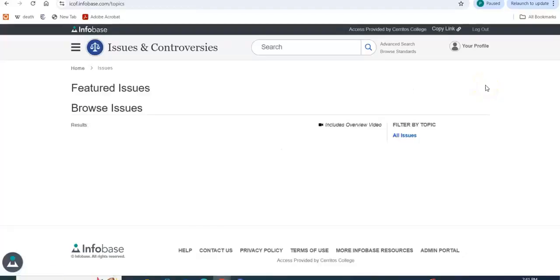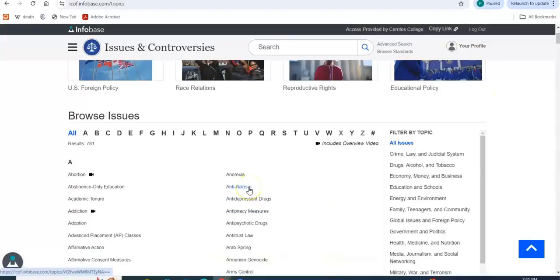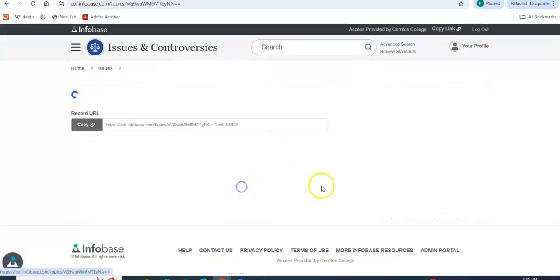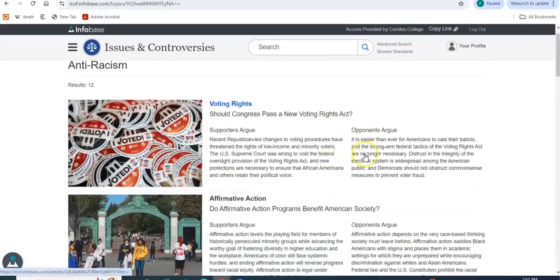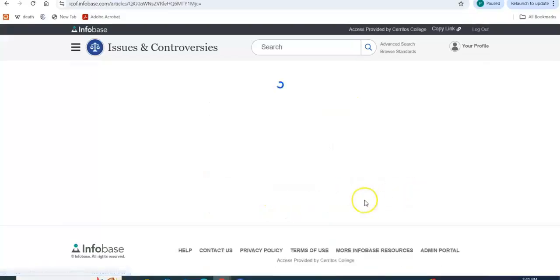I click on all issues A through Z. And I know that you are researching racism. So let's click on this anti-racism right here. That list is in alphabetical order. So these are the kind of questions that it's going to raise. Should Congress pass a new Voting Rights Act? Or do affirmative action programs benefit American society? Supporters and opponents. You click on it,